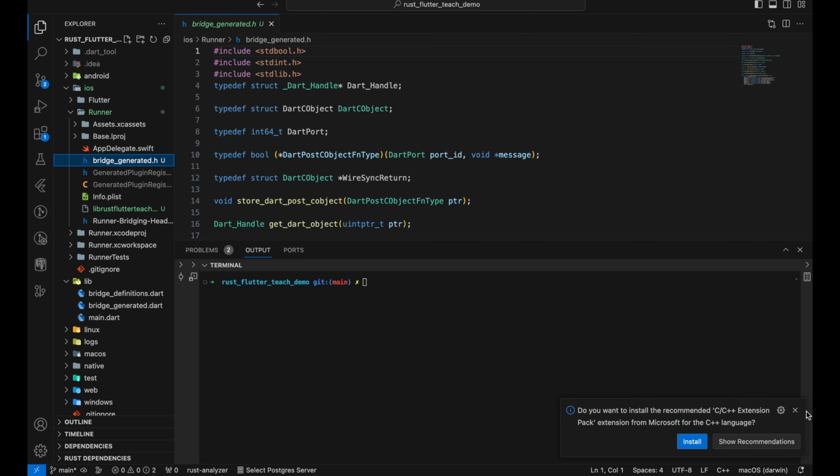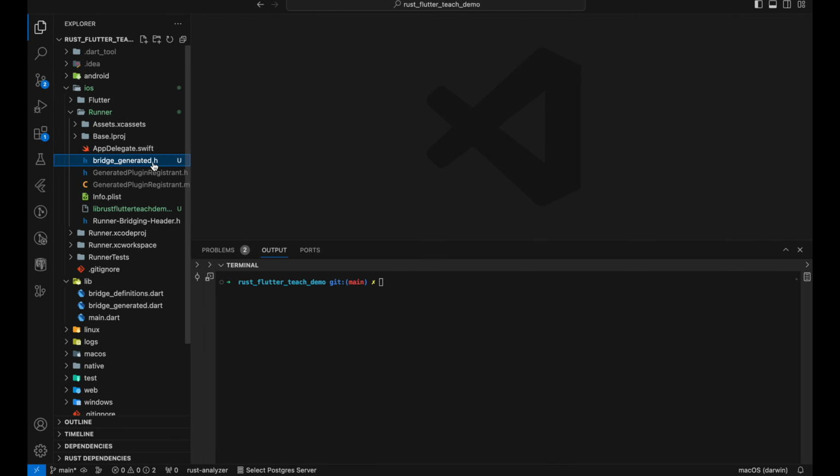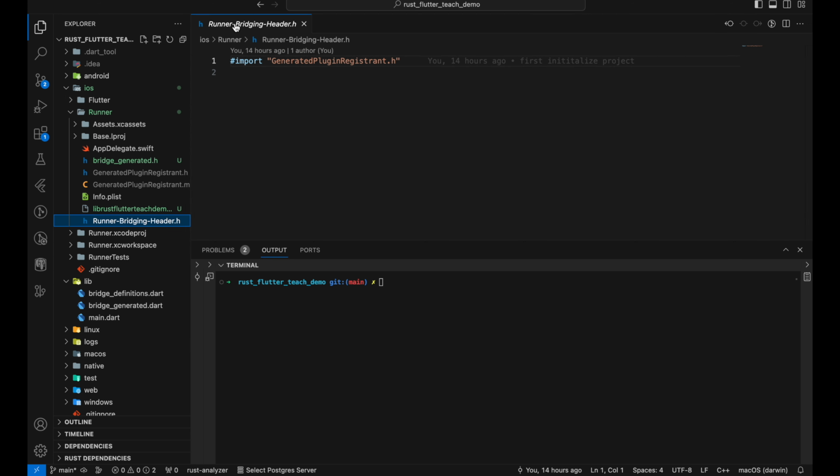So the next step, we need to use this header file from the AppDelegate.swift file. We need to tell Flutter in our iOS setup that we will use the bridging header file. So we need to import that header file in here, Runner-Bridging-Header.h file. So let's go and import that.